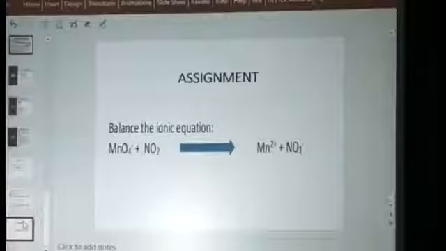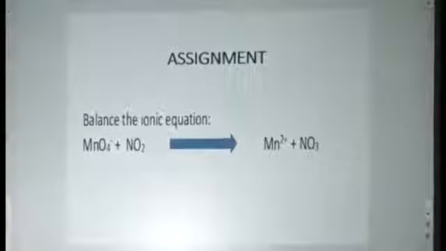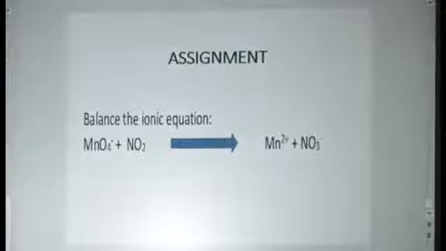Viewer at home, take this assignment. Balance the ionic equation. We have MnO4 minus plus NO2 to give us Mn2 plus NO3 minus. Solve this equation and submit to our website